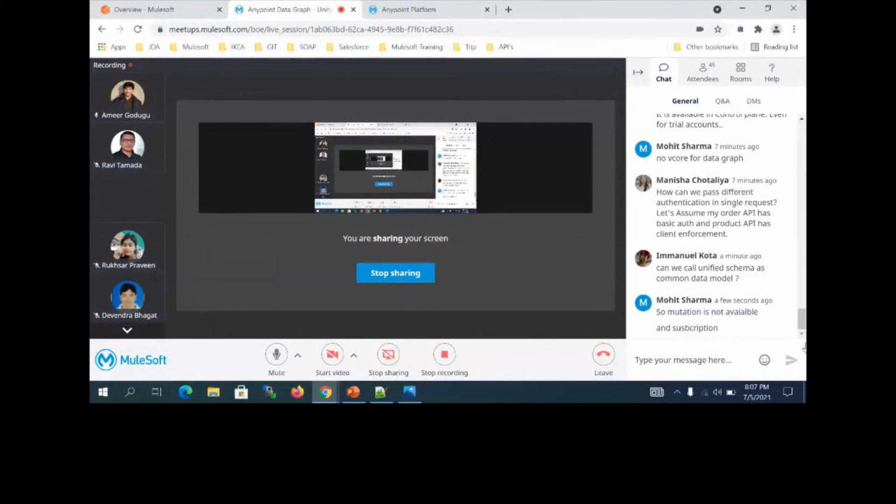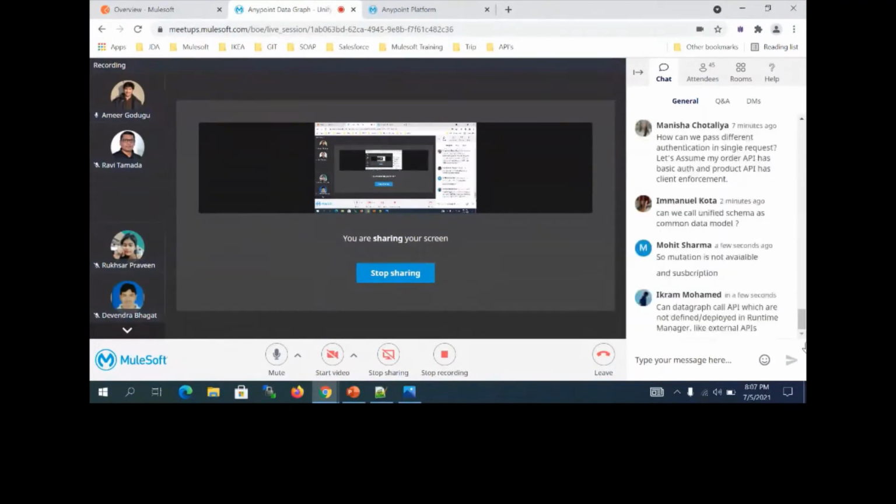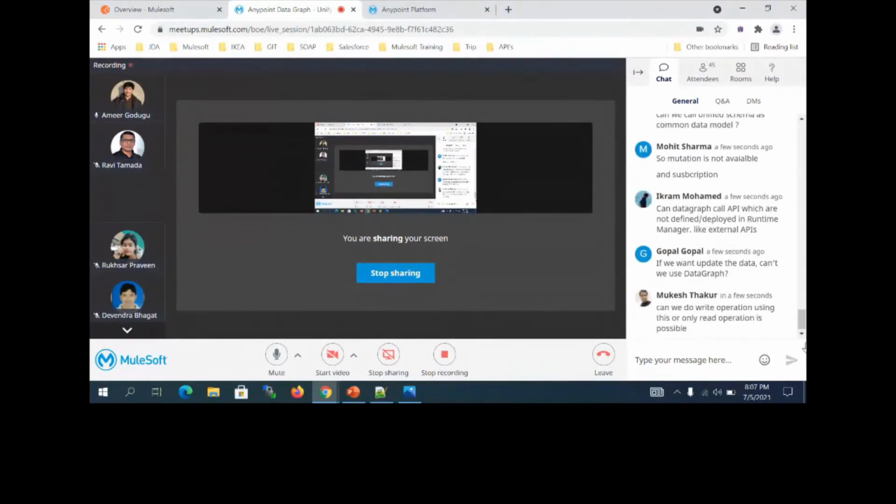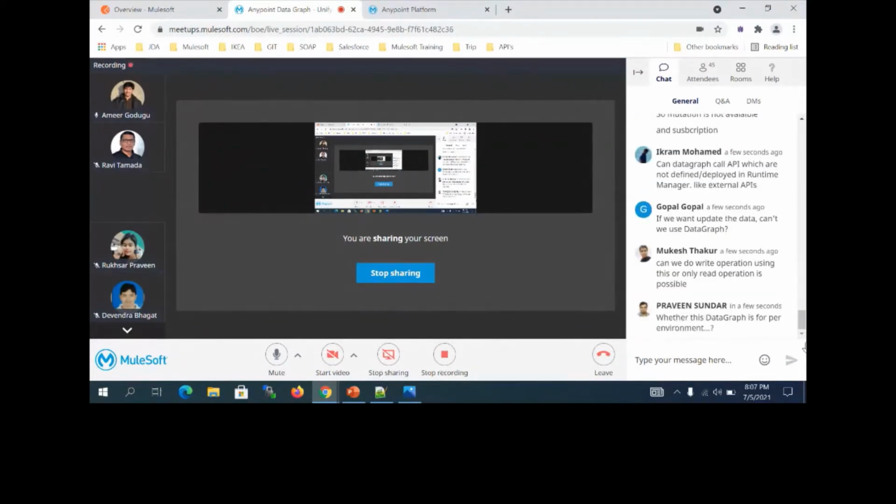When you add this API into Anypoint Data Graph, at that time you need to configure that. I'm going to show in the demo also how we can add it. Another API, or even the customer API itself, can be accessible using different secure mechanisms. You can use any one of the mechanisms to access the data, and you can configure that while we are adding it.